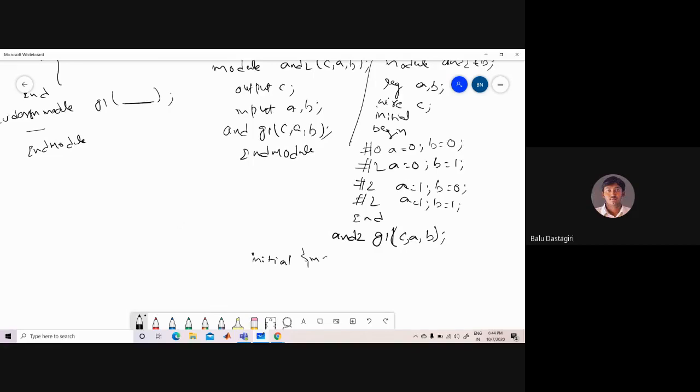If I am using a system task known as monitor here, I can get the waveforms. If you are using the monitor or display commands, the output values will be plotted. So initial monitor.